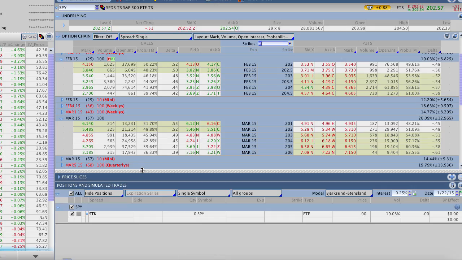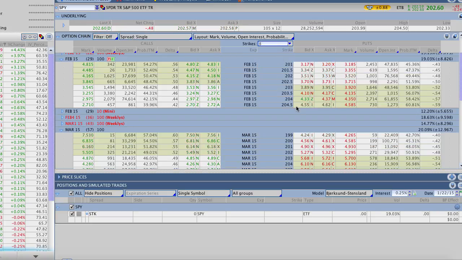So we have a chart up here, or a trade tab up here, of SPY. The market's currently trading, right now SPY is trading around 202.50 or so. So if we're directionally bearish on this stock, we might go down maybe one or two strikes out of the money. That's typically how we like to trade these. So I might go down to, say, the 201 strike, which is about a strike and a half out of the money from where the stock is trading right now.